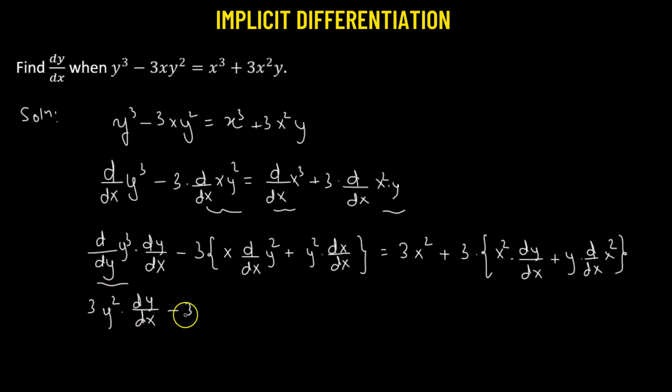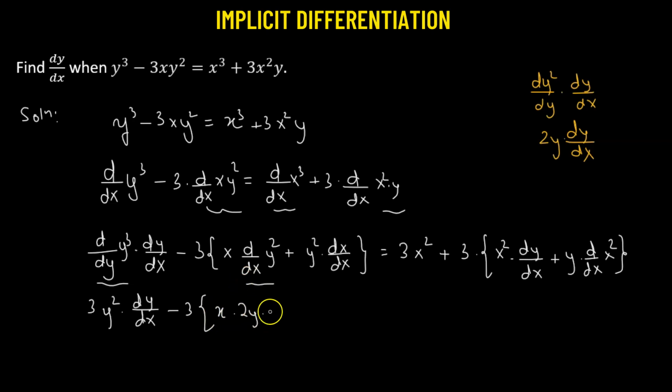which will be multiplied by the derivative of y with respect to x, minus 3 times, so here we have the derivative of y squared with respect to x. What we can do here is take the derivative of y squared with respect to y, but we'll use the chain rule and multiply it by dy over dx. So the derivative of y squared will be 2y, so we'll have 2y times the derivative of y with respect to x. So that means we'll have x multiplied by 2y times the derivative of y with respect to x plus y squared times the derivative of x with respect to x, that's 1, which will be equal to 3x squared plus 3